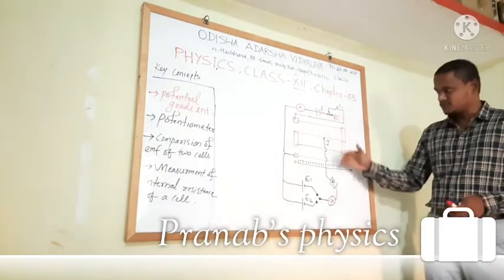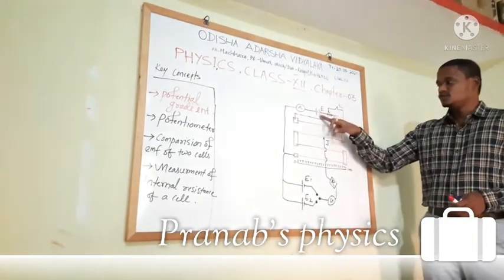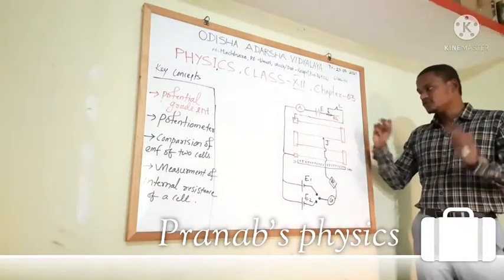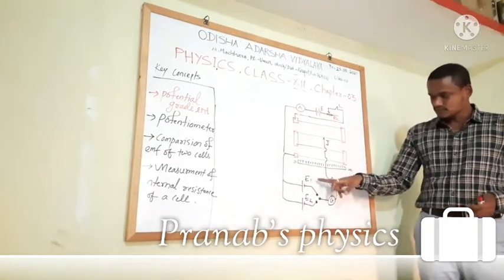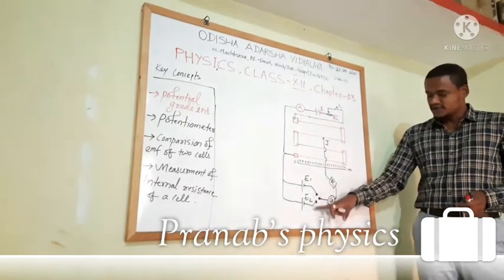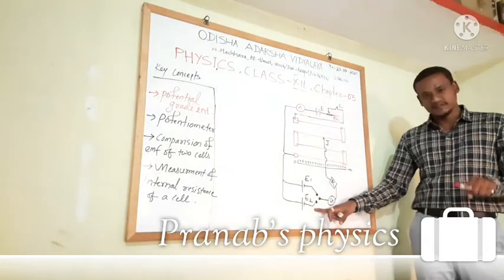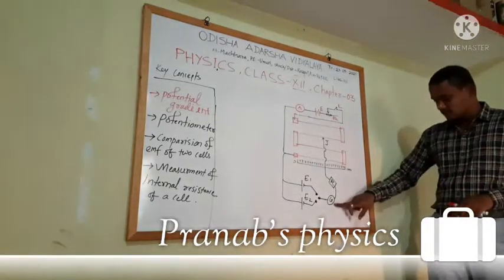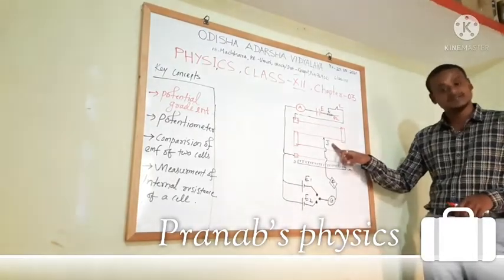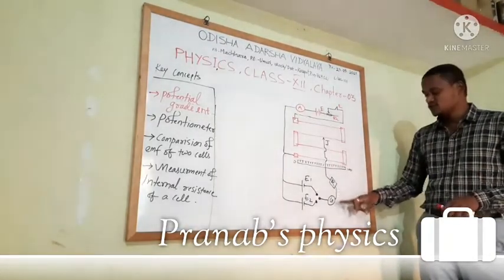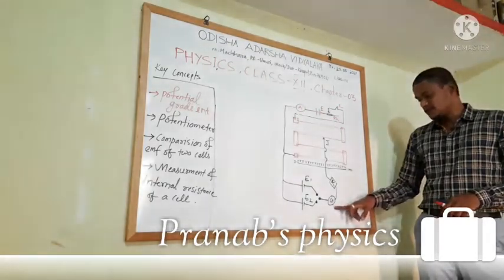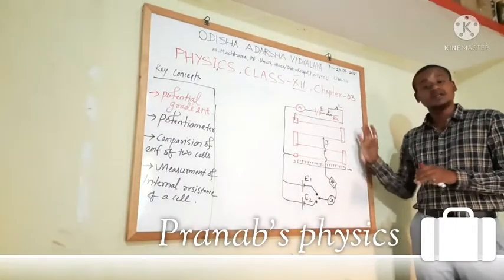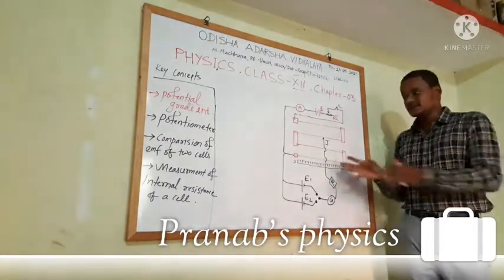It consists of segments of wire, one emitter, one mother battery, and one rheostat to control the flow of current. Then here below we are connecting two batteries of EMF E1 and E2 to compare them. A galvanometer is there, connected to jockey J. This resistance is to support the galvanometer. To make the galvanometer safe, we are connecting one external resistance. This much is the instrumental arrangement. You will do the practical taking this apparatus.